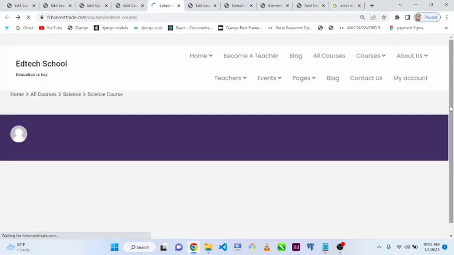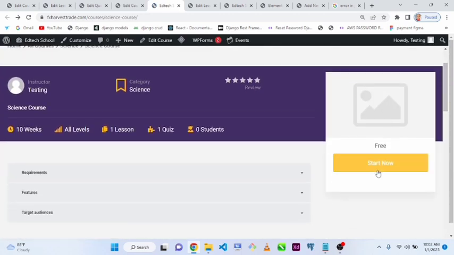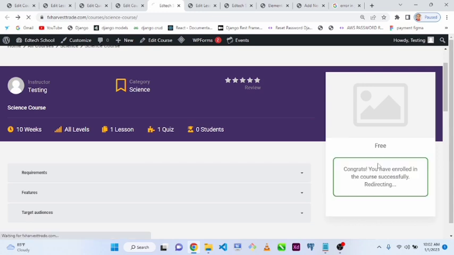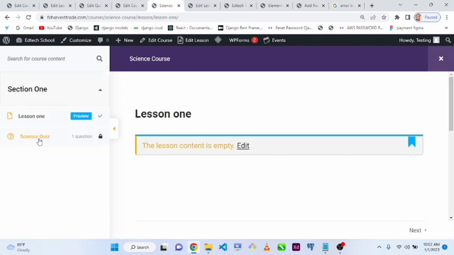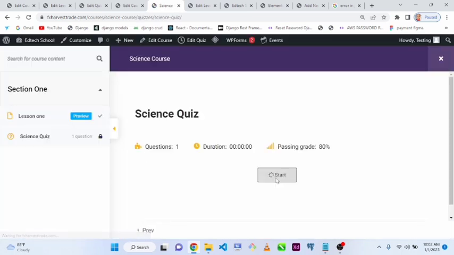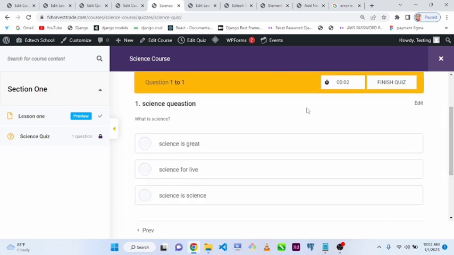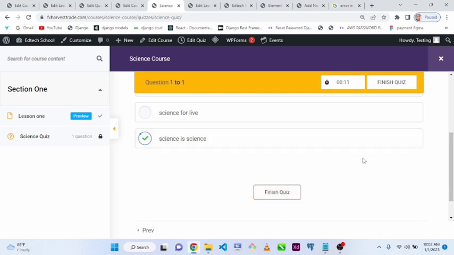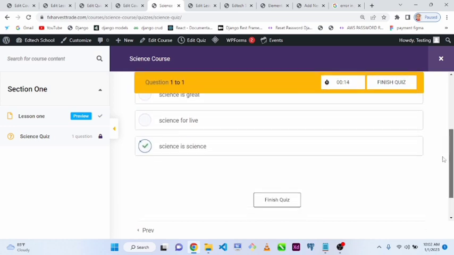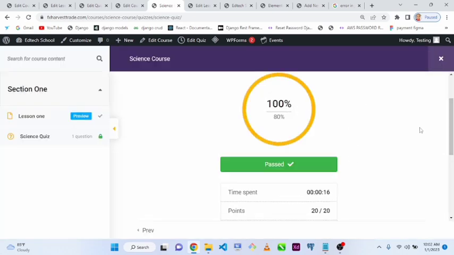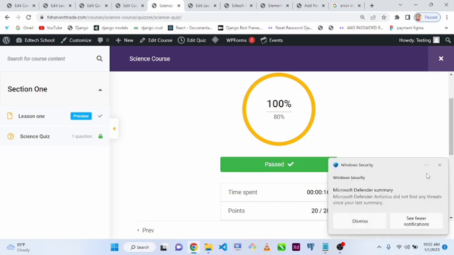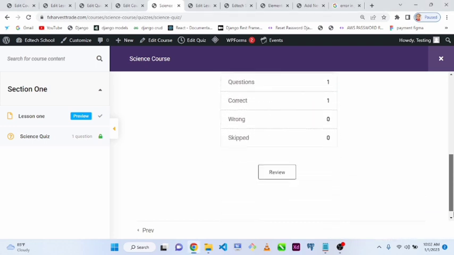Since the course is free, we can start now. Congrats, you have enrolled for this course, and it means we can now access our quiz. So let's start the quiz, and then on the science question, what is science? Science is great. Science is science. If we get the answer correctly, we will say 80%, we passed. But if our answer is not correct, it means I usually want to submit. Yes, I want to submit. 80%, and that's my score. I passed. So this is how you can set your quiz, and this is how you can set your test